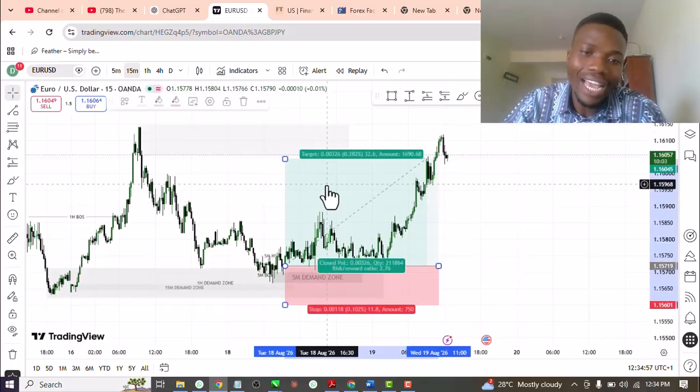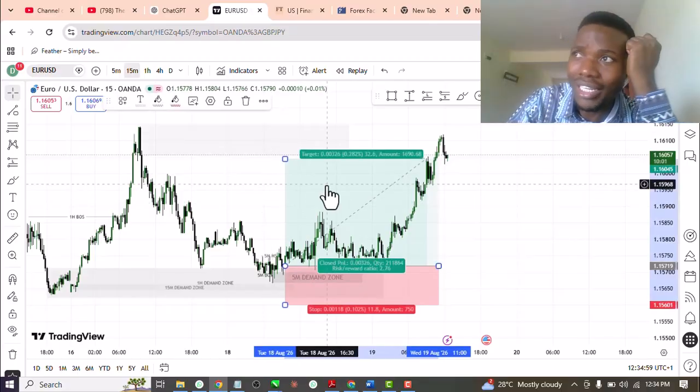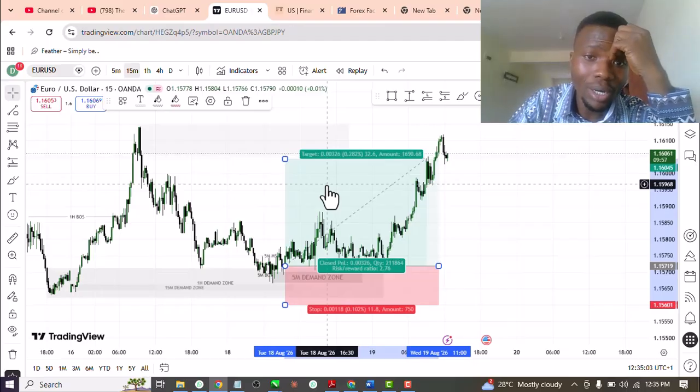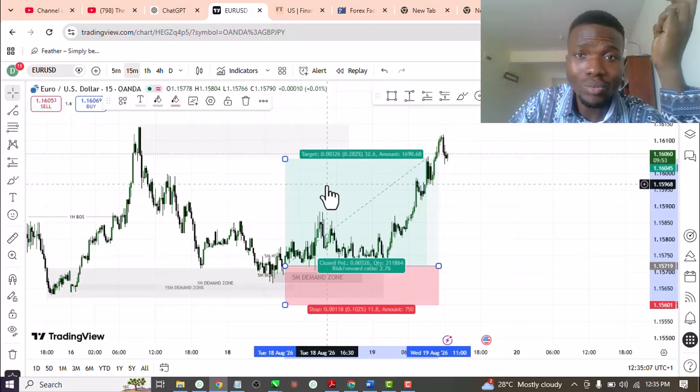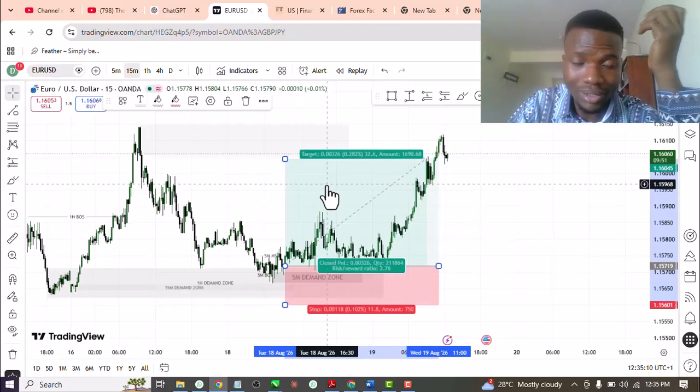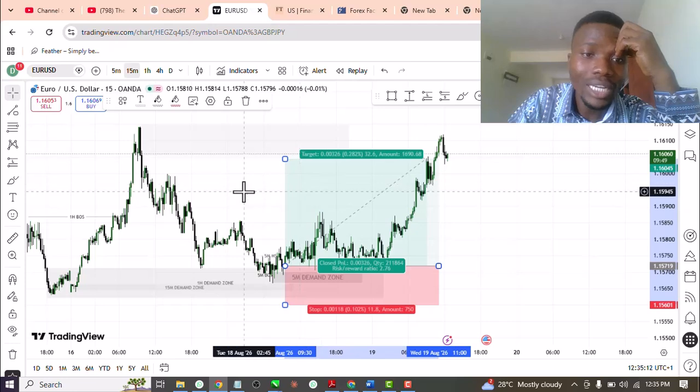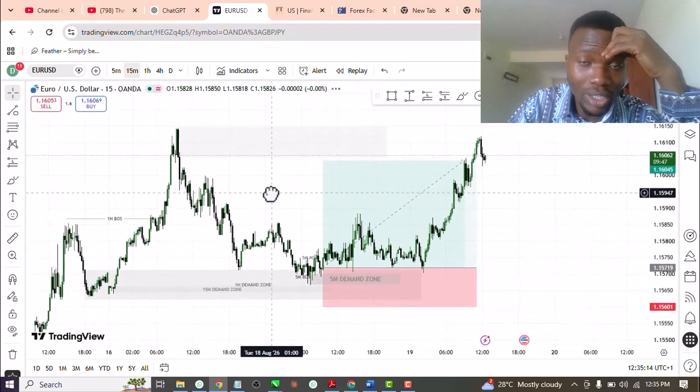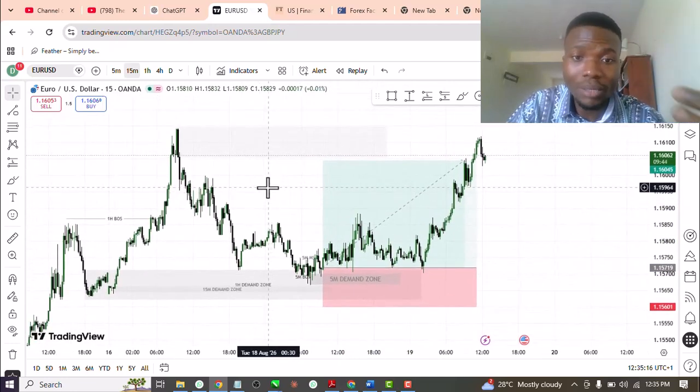So I know that some traders out there usually say that we should risk probably 2 to 1 reward to risk, right? But one thing that I have learned in trading is about the liquidity concept, which is very important. And what I mean by that is that